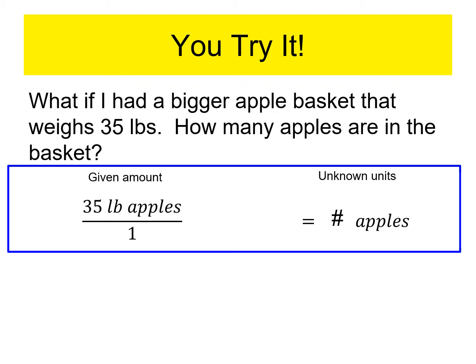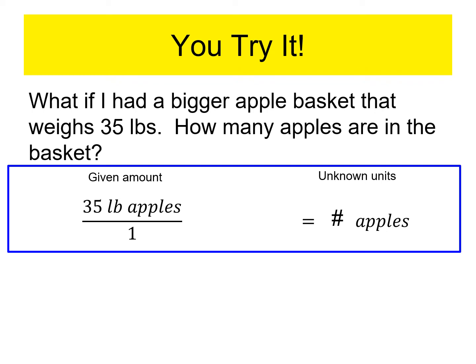Here's the solution. I write what I'm given on the left side of my paper, 35 pounds of apples, and I'm going to go ahead and put that over 1, make it look like a fraction. I want to find a count of apples, and so I write that on the right. I've got to keep my target in mind, and so I always write down everything. I write down apples,